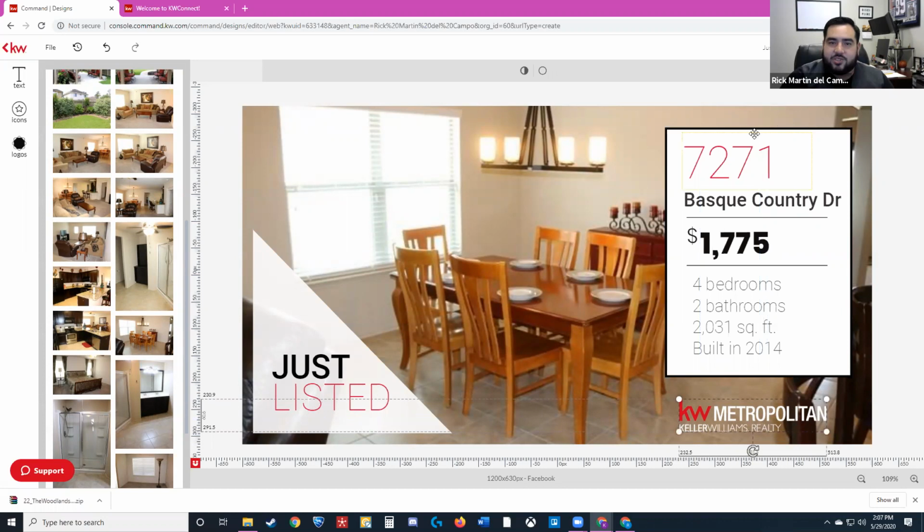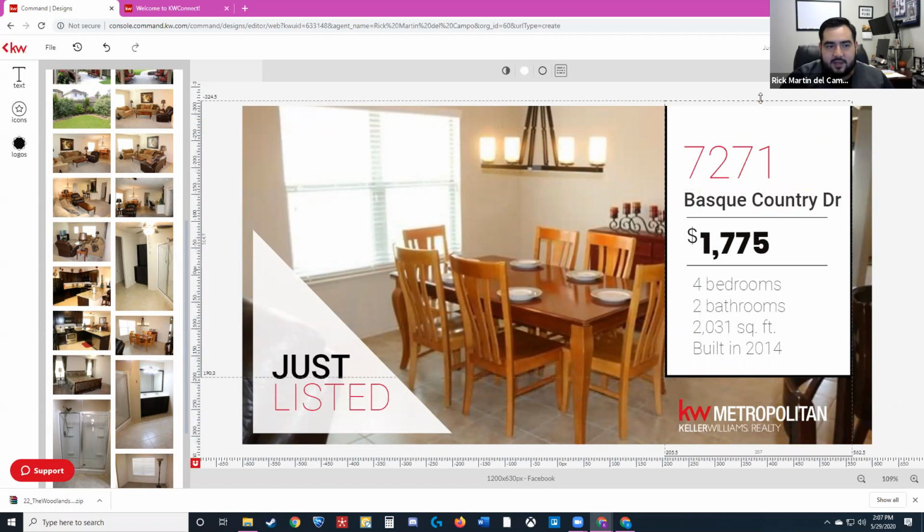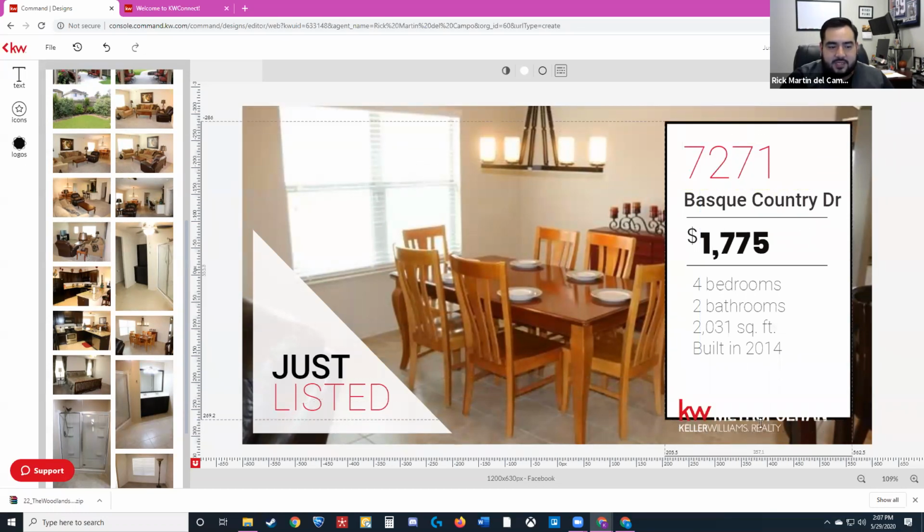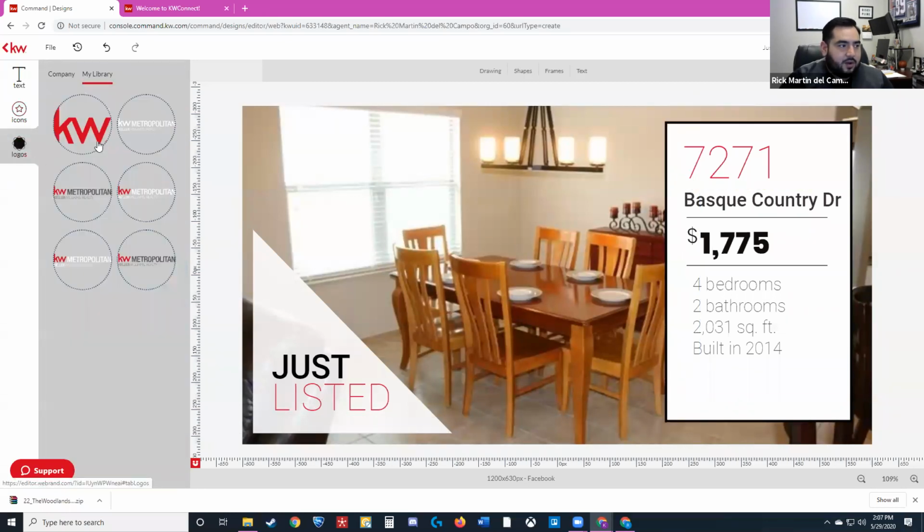Earlier I mentioned that just about every element is editable. So if you see me mouse over, you see the background here. I can resize the background as well. So if I wanted to, I can resize it a little bigger and use my other logo, so it looks good on white, and there. So now, not only does it look clean, crisp, and understandable, but I'm compliant. So it's really that simple.